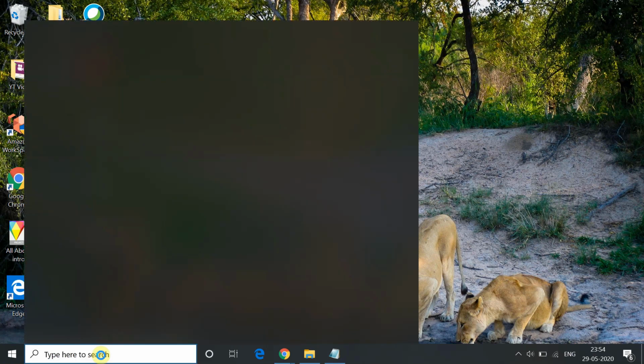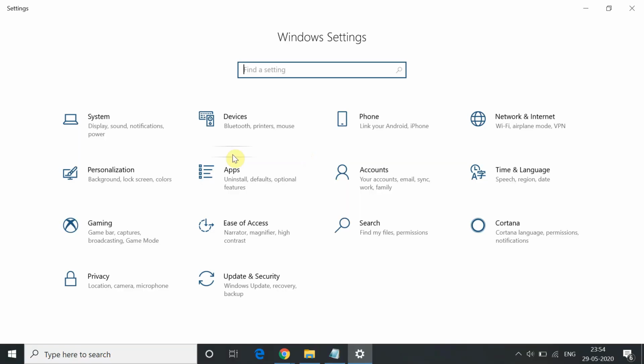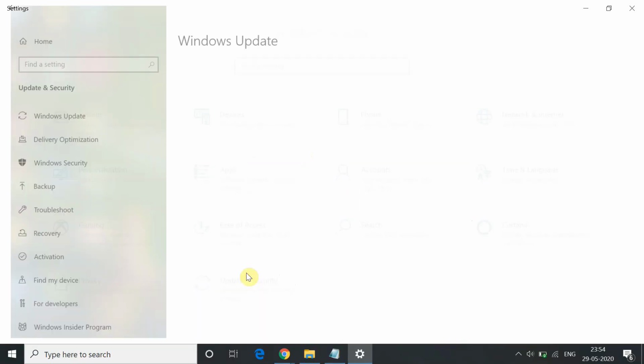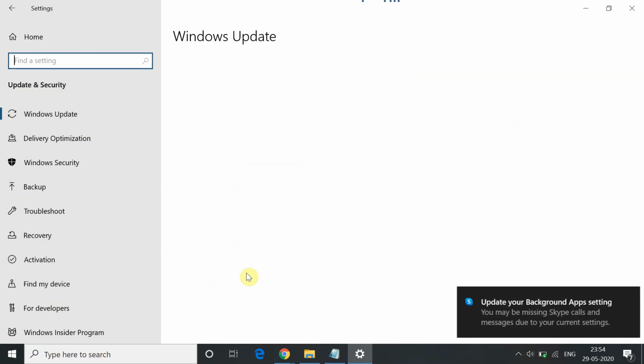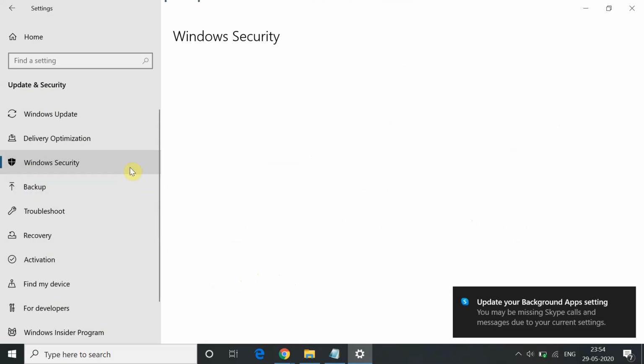So the second method is the use of the exclusion list. The file which is causing an issue may not be a corrupt file, but our system is considering it as a threat. So we can put it on the exclusion list so that when the scan happens, it will not come under the scan and it will not cause the problem.